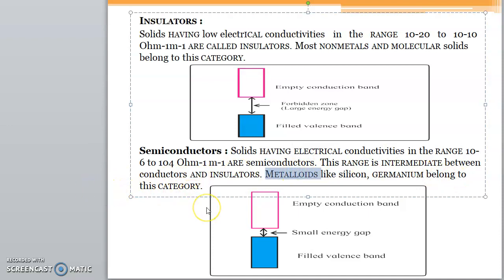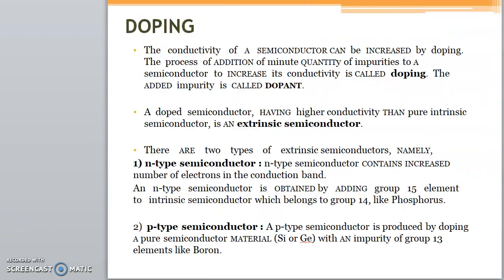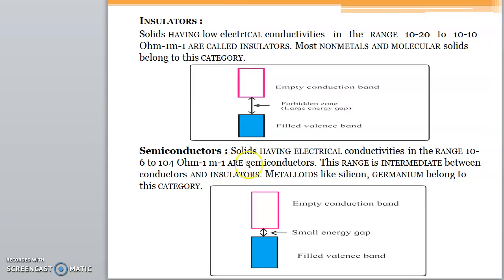So what exactly are semiconductors? Semiconductors are poor conductors, which means there is a very small energy gap. Now in the case of insulators there is a huge gap here, but in the case of semiconductors there is a very small gap between this filled valence band and this empty conduction band. Since this gap can easily be bridged, electrons from the valence band can jump to the conduction band and start conducting. Such substances are called semiconductors.